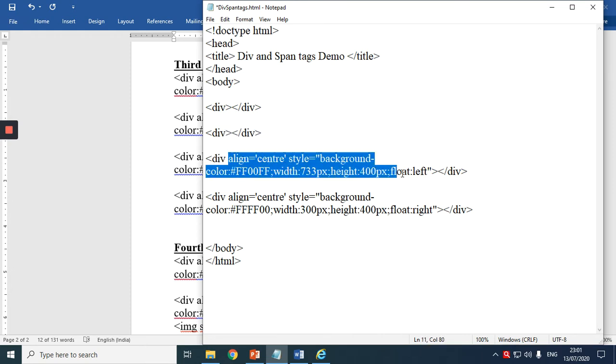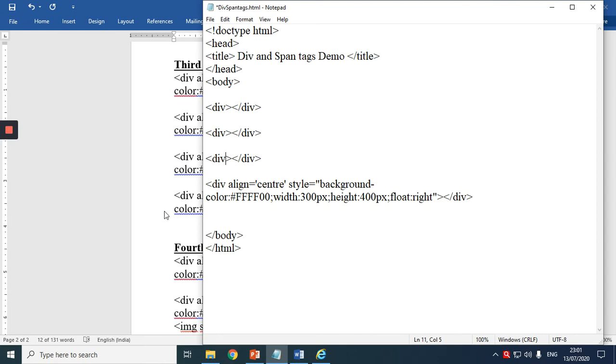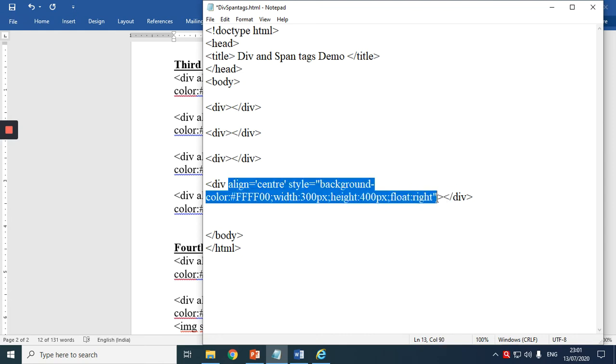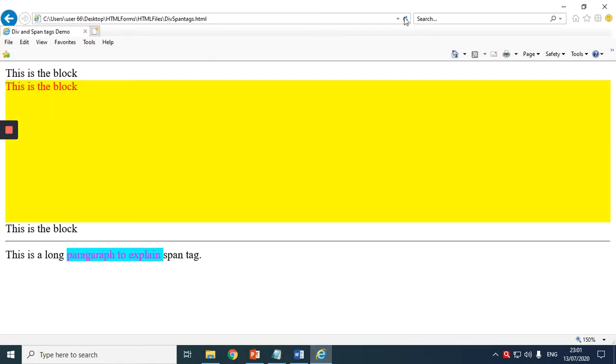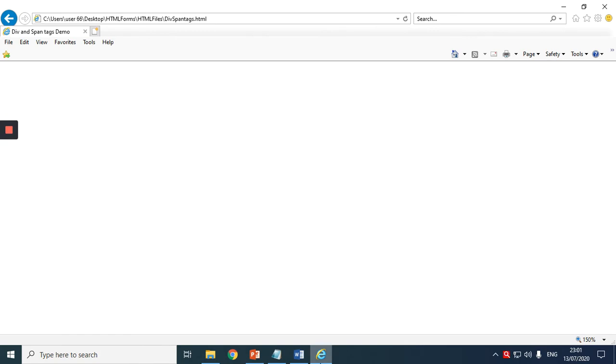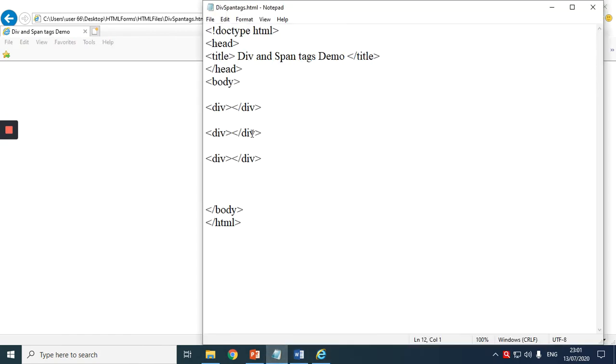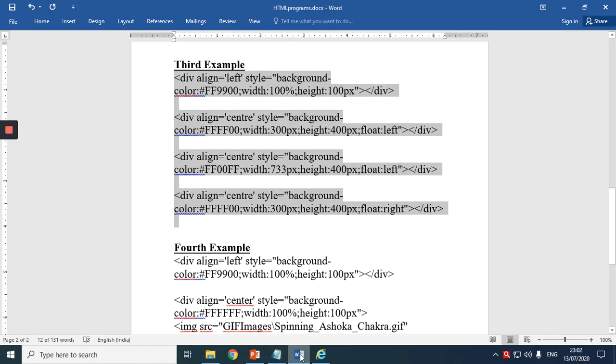I am removing all this from here. I want only 3 division tags. Control S and just observe the output. Nothing, plain. Why? Because we did not write anything. It is empty. Correct?